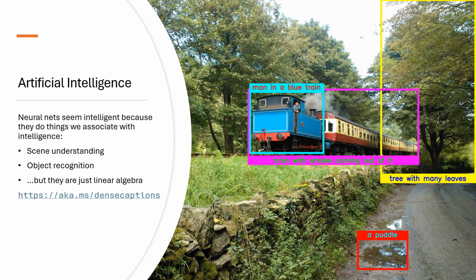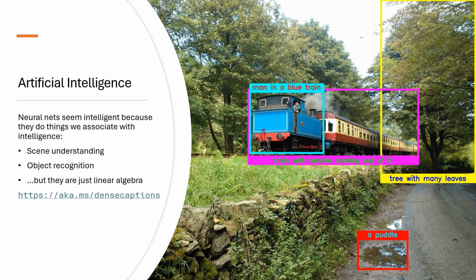Artificial intelligence, or AI, is able to do some amazing things when it comes to understanding images. Here is an example of AI providing dense captions for an image, which includes both finding objects in the image, like the train, the tree, or the puddle, and then describing them using natural language. While these sorts of tasks are trivial for human beings, they have been out of reach for computerized intelligence until fairly recently. It is perhaps because we associate things like describing the scene in an image or recognizing objects with a uniquely human intelligence that the ability of computers to do the same makes them seem intelligent in the same